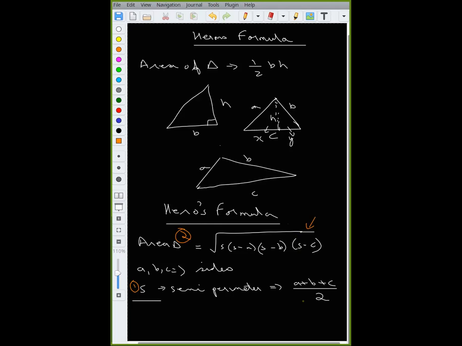Another common mistake you do sometimes in your exams, you do a plus b plus c divided by 3. It's not divided by 3, it's divided by 2. Okay, it's not average, it's semi. Remember that. Okay, I've seen a lot of students, in their haste or because of the anxiety of the exam, they do a plus b plus c divided by 3. They take out the average. Then the entire sum goes wrong. Remember, it's a semi-perimeter. So it's a plus b plus c divided by 2. Write down this formula. We'll do a quick sum. We'll take a few practice sums.